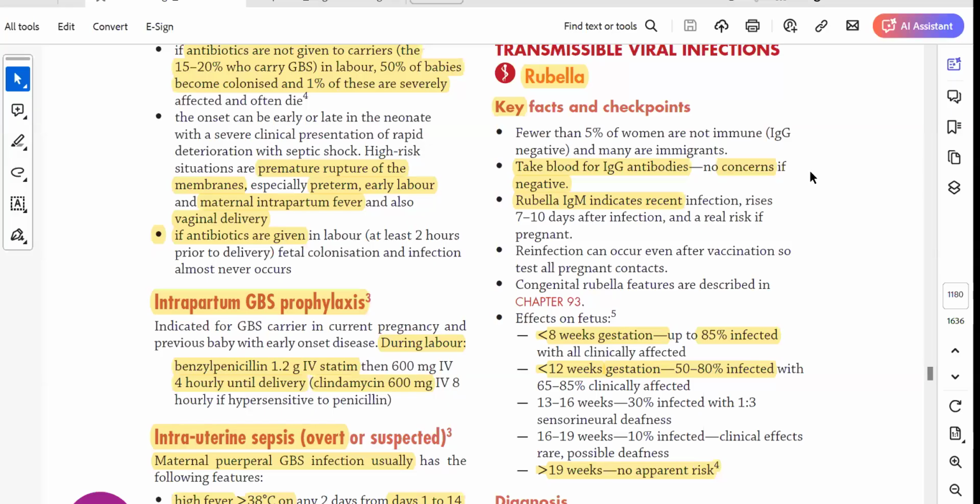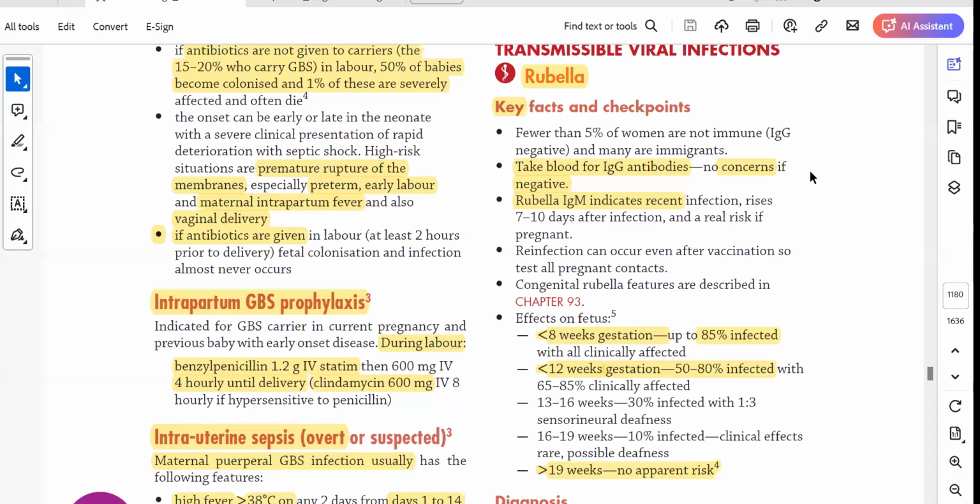So let's say we have a patient who is pregnant and comes to you because she was recently in contact with a rubella positive patient. What would you do next? Your next step is to check if the patient is already immune to rubella, because everyone in Australia gets the MMR vaccine, which is measles, mumps, and rubella, when they are a child. So the first thing you need to find out is whether they have the antibody or not.